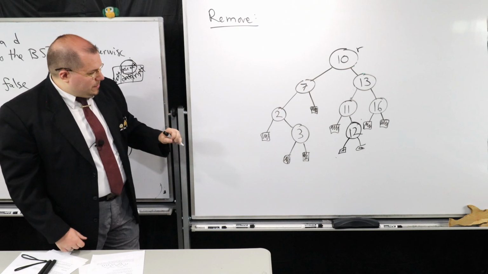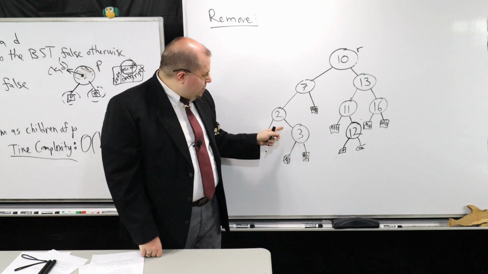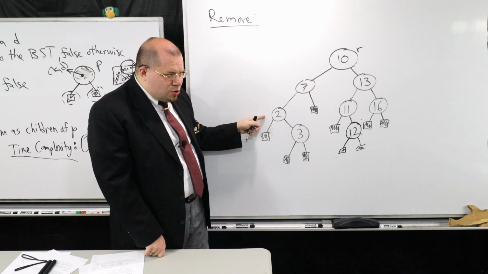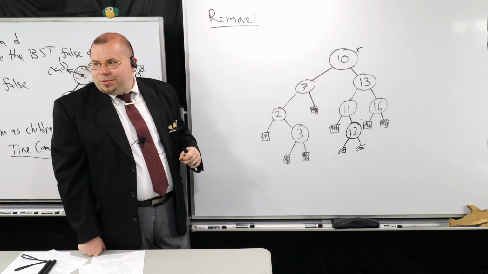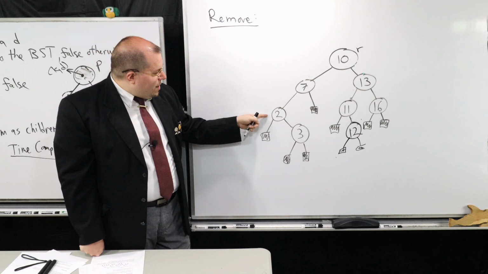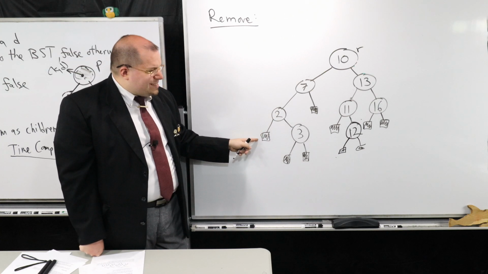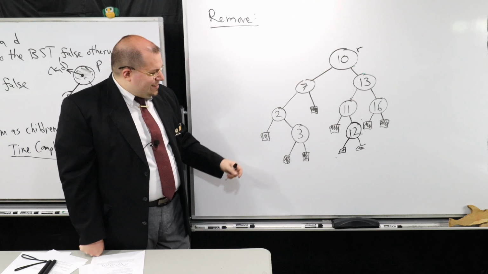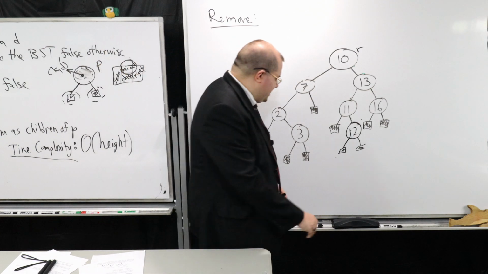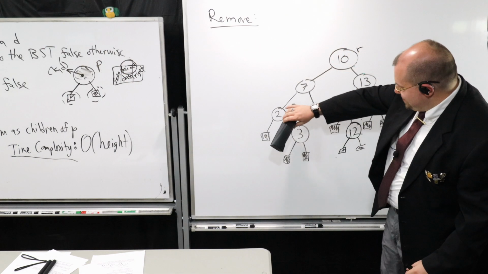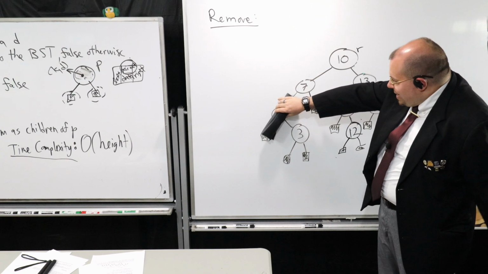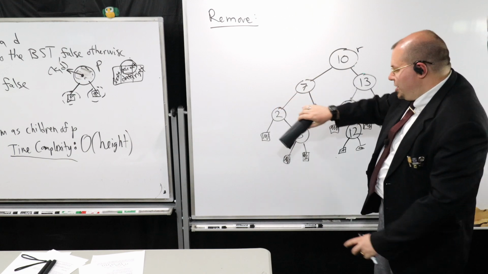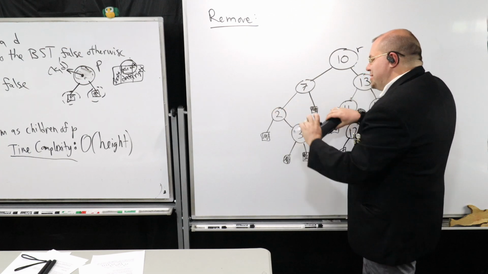So notice here, is 2 relatively easy for me to delete? Like if I want to get rid of 2. Well, think about it. If I have 2 here, notice that one of them is a leaf node, right? You could do pretty much the same idea I just described a moment ago. If you cover those up, notice that the other node is an internal node, and you could just slide this up into its place.